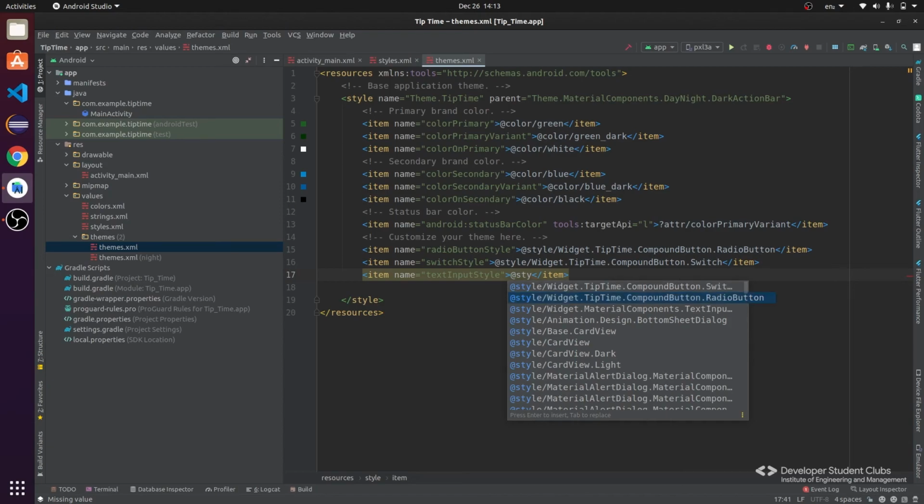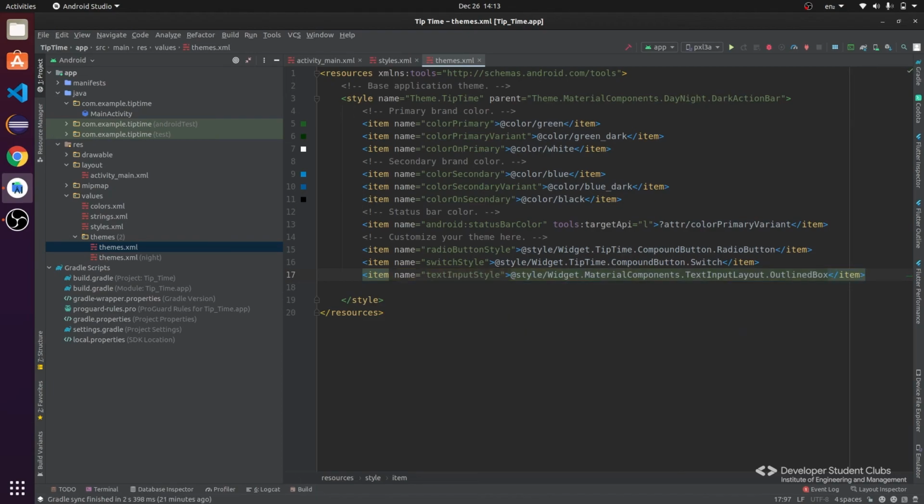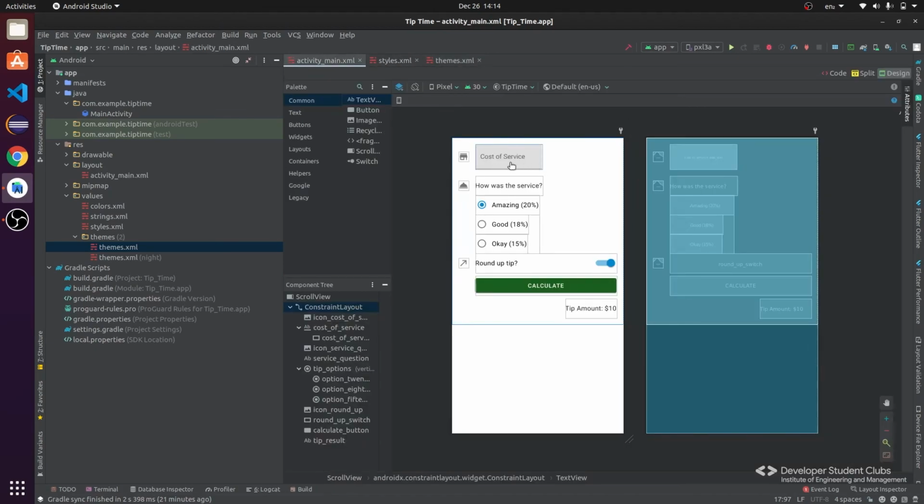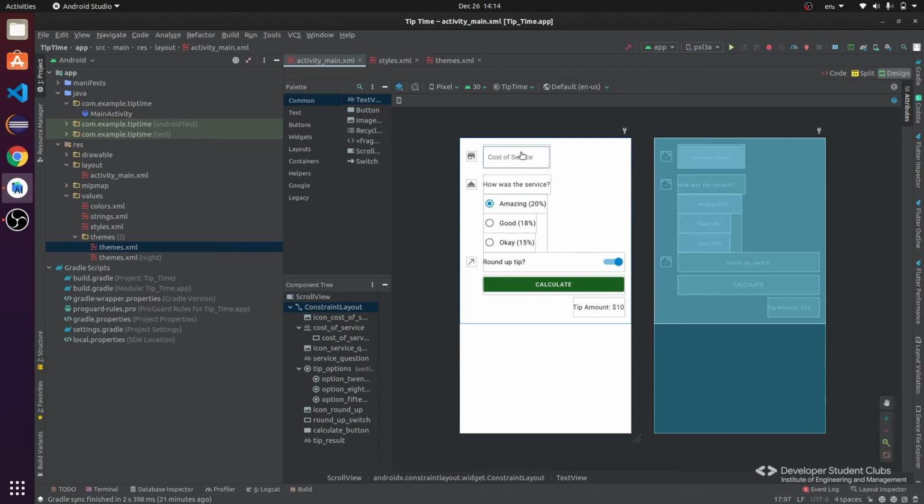So widget.materialComponent. Yeah, this is the outline box that we will be needing. So this is the style that we should be developing for this text field. Now if we check, then this is outlined. So we see that we have achieved what we wanted, and the UI portion is ready.